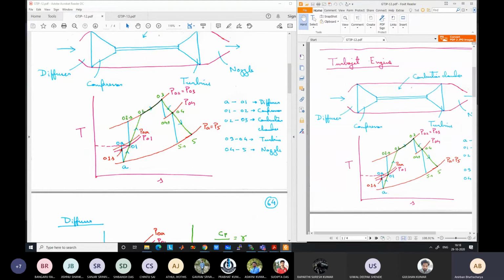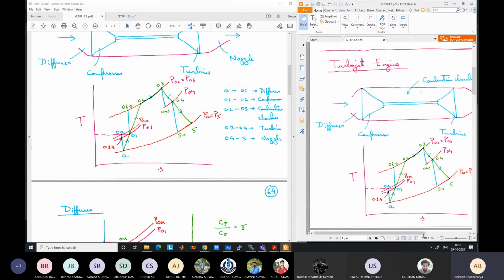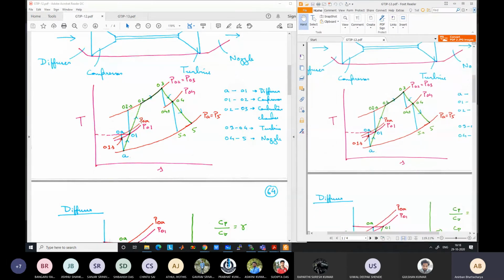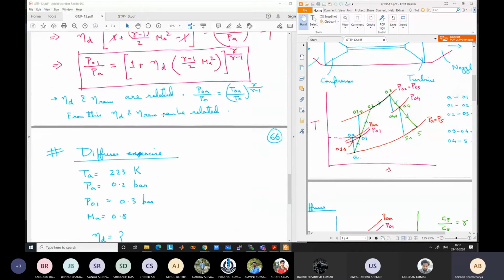So this point will be known after your diffuser calculation. The inlet of the compressor is known to you. What is the inlet condition? Temperature is T01. From now on we will consider the stagnation condition, and for the diffuser this is also almost equal to the static condition. T01 and P01 at the inlet of the compressor. For the compressor, let us keep this diagram open here because we will need it for reference. This is the same diagram as this one. Let us go through the other processes quickly.